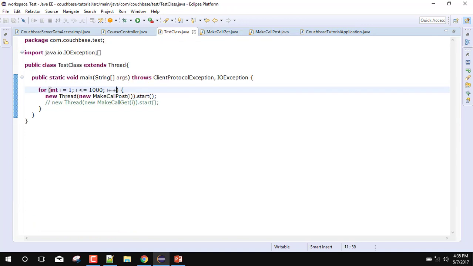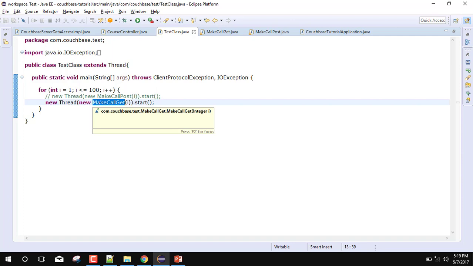So now uncomment this post class, and in a similar way I have created the get class. Record created successfully, and now we will get the first 100 records with the help of this get call. Here we will create 100 threads for fetching these 100 records from the Couchbase bucket.